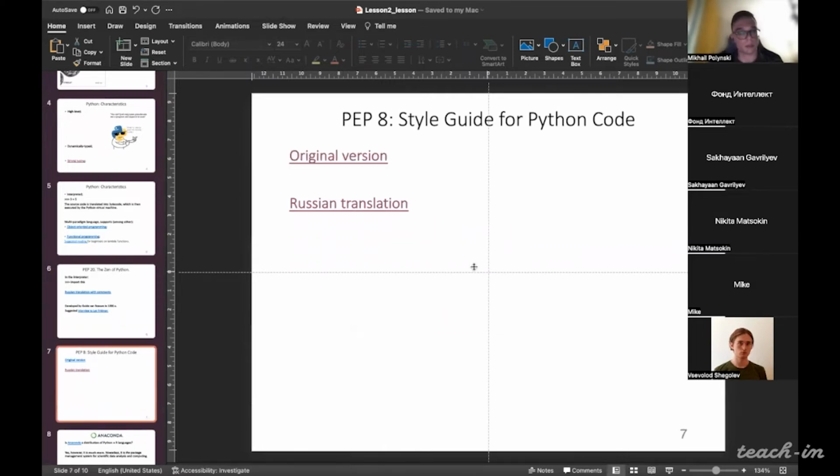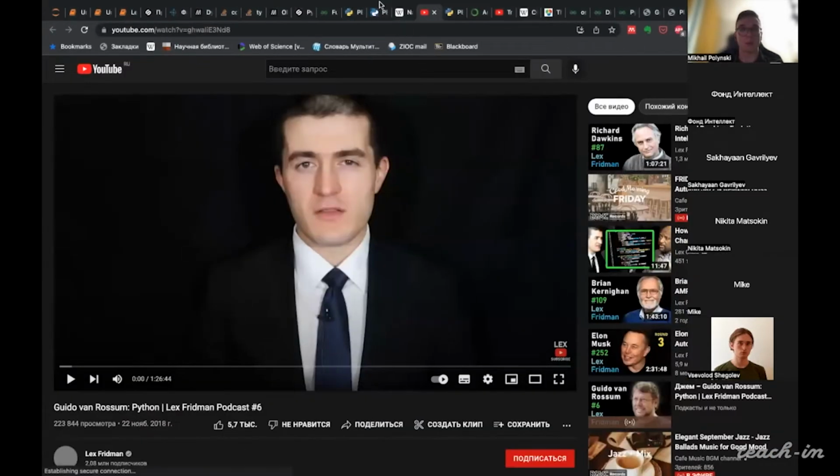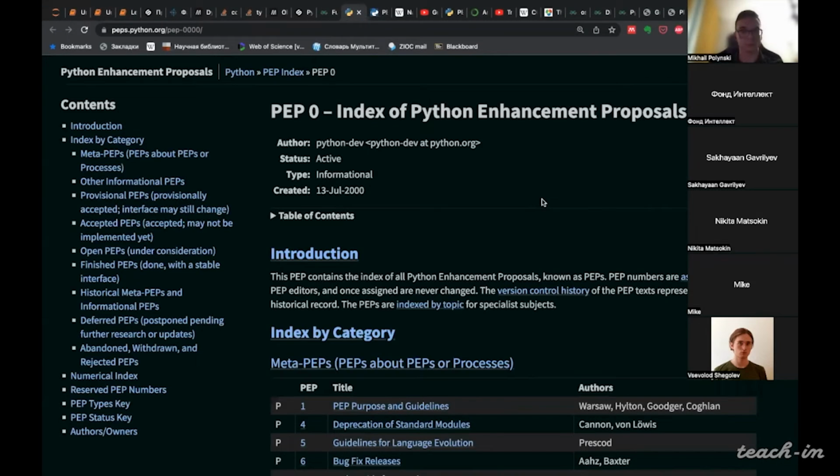So also we should mention PEP8. So what it is? First of all, we should discuss what PEPs are. These are Python enhancement proposals. You can Google them.